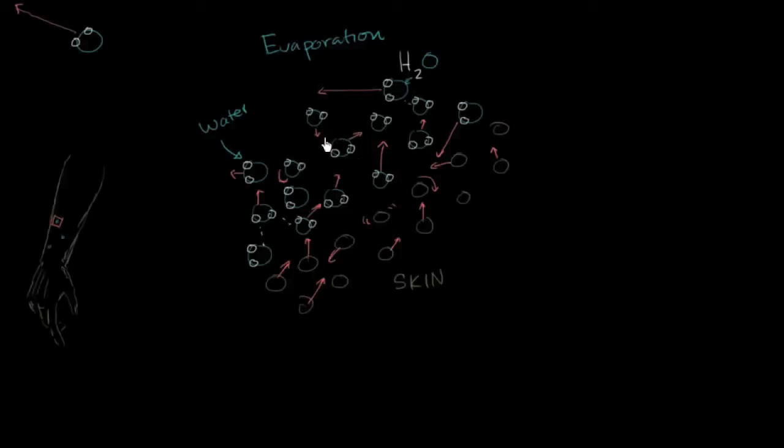Then the average kinetic energy will go down, or you could say the temperature, which is really just the average amount of motion or kinetic energy in this droplet. If the really fast ones, the ones with a lot of energy, are leaving, then the ones that are left over are on average going to have a lower kinetic energy or a lower temperature. And so that is what is cooling you down at a molecular level. Let's first think